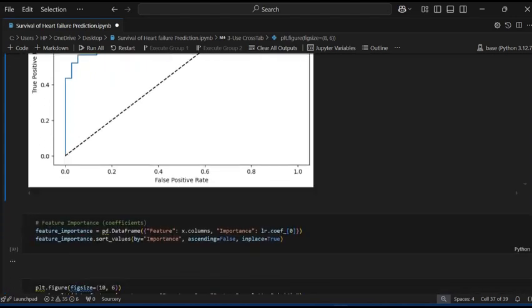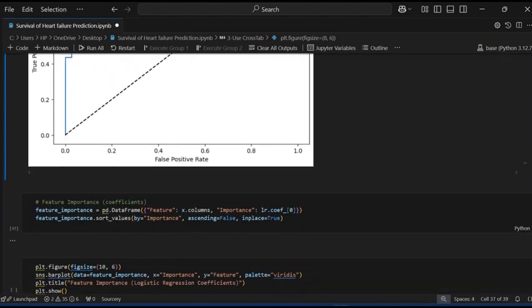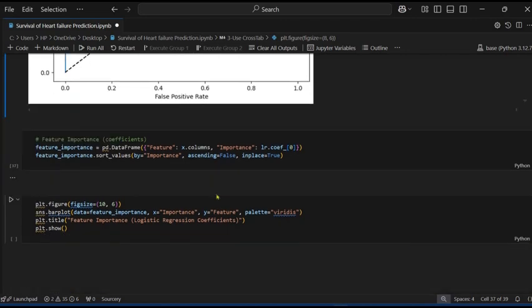The next one is the feature scaling and coefficient. Feature scaling shows the relative importance of each feature in the data set.